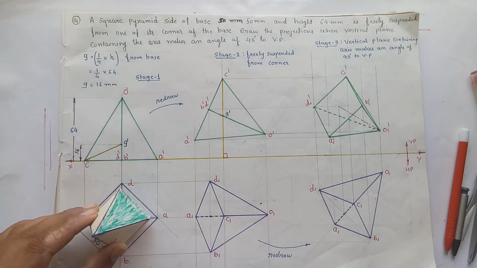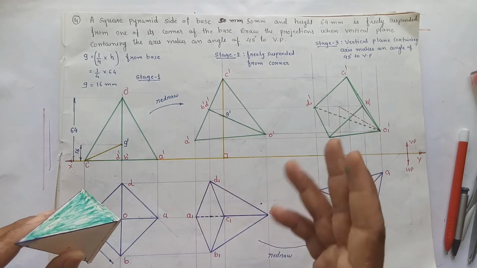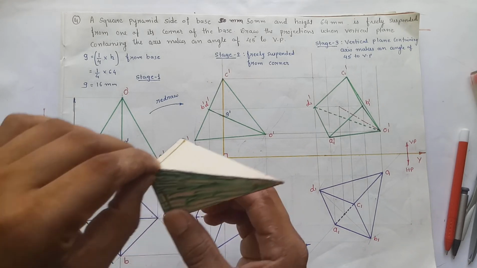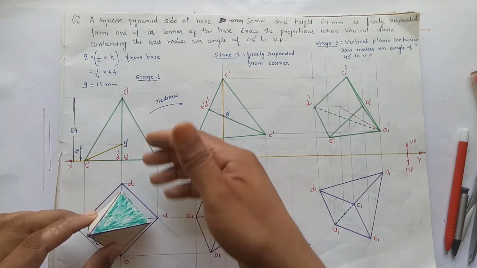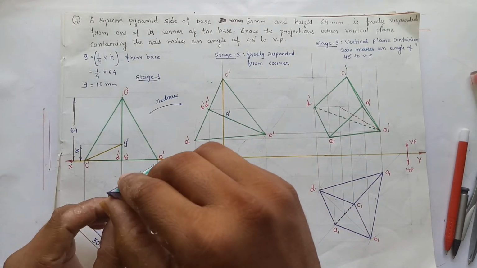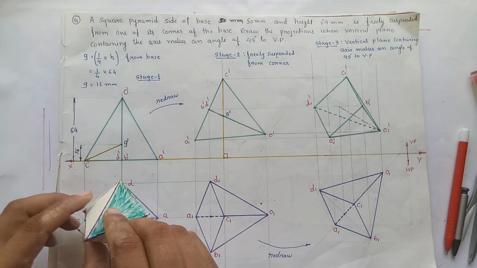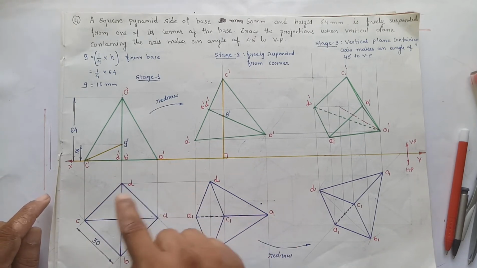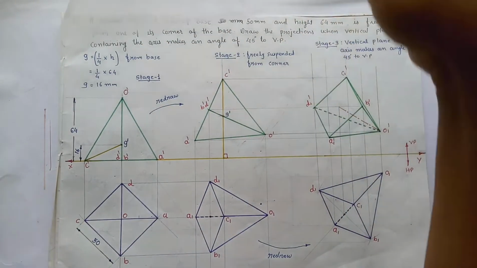So the first stage is going to be like this, resting on corner condition A, B, C, D. Here the pyramid is not resting, but we have to imagine the first stage like this because it is freely suspended. So for the first step we have to draw the first stage like this, plan corner in the right hand side, and we will show the condition of the free suspension in the second stage. So first of all, draw the first stage in the corner condition. Now the main thing is how to draw the square in the corner condition. For that, first of all, draw this line perpendicular to the XY line.